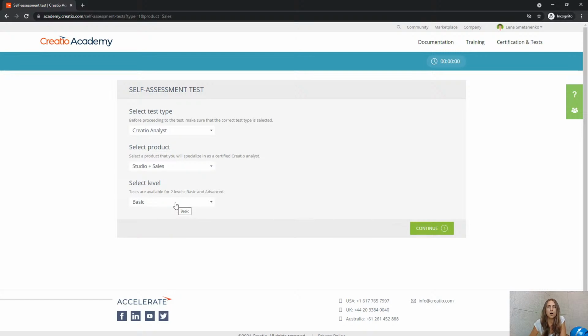From the standpoint of whether Creatio support will respond to your inquiries after the certification, certified specialists, certified analysts will be able to contact Creatio support with more technical questions and get answers. In order for the support to provide you with that assistance, you have to be certified. That level will not be taken into consideration. As long as you're certified, you're good to go. But we do recommend basic for working with small to medium projects and advanced for those who are